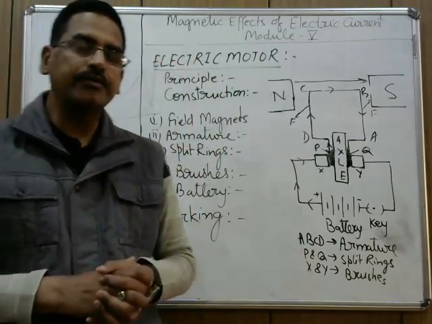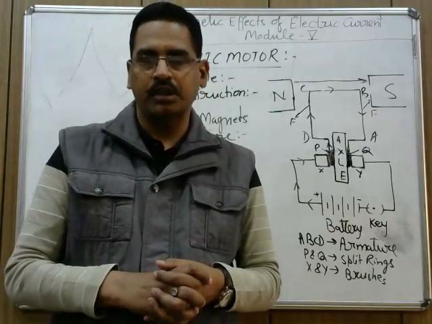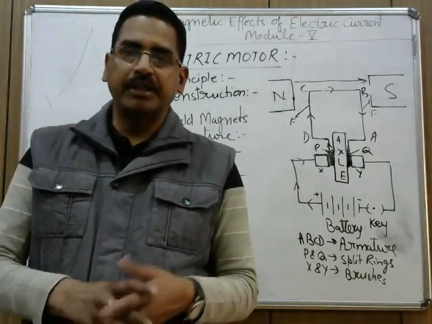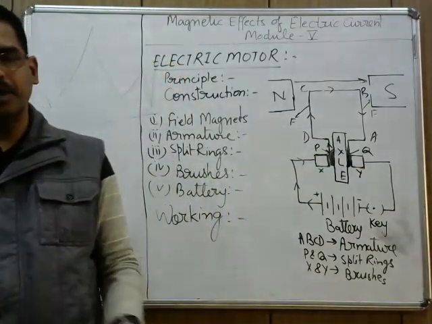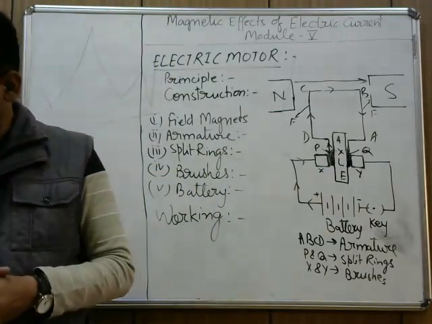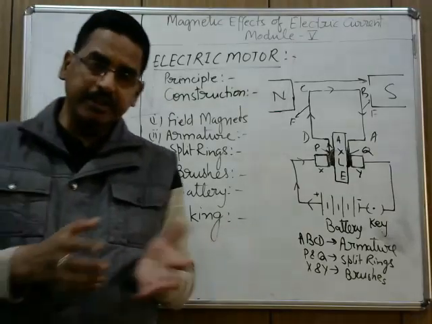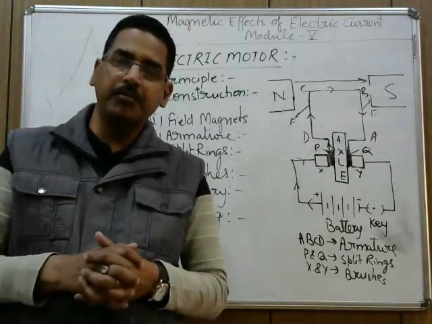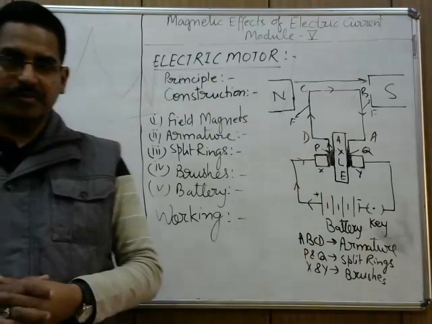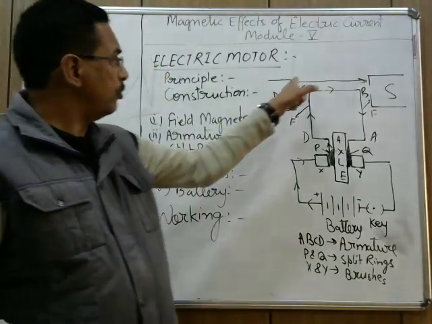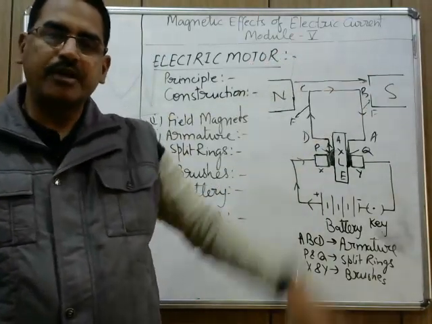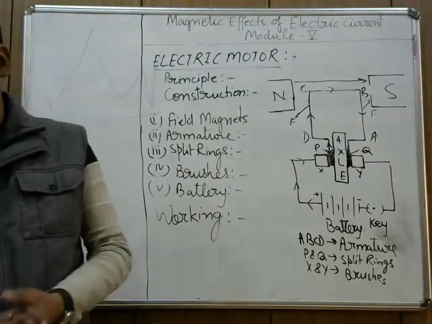So this is the working of an electric motor. Now the power of an electric motor can be increased by the factors which I told you in the module. Commercial motors are powerful, clear? So in a commercial motor, instead of a permanent magnet, we use an electromagnet. As I told you, a magnet is required to provide a strong magnetic field. This arrow is not given in the diagram. It is just to tell you that the direction of the magnetic field is from north to south.